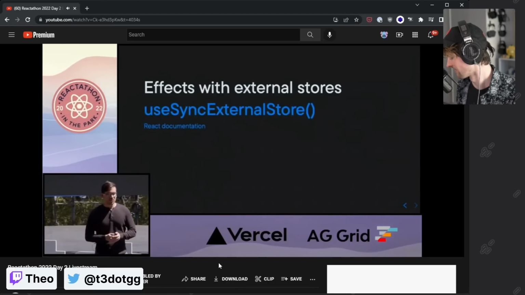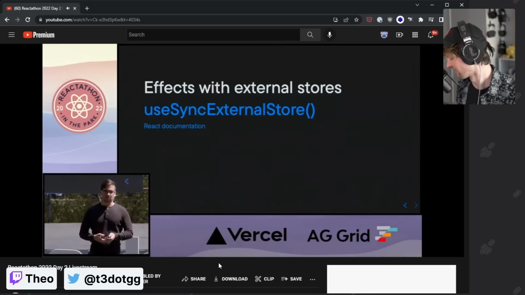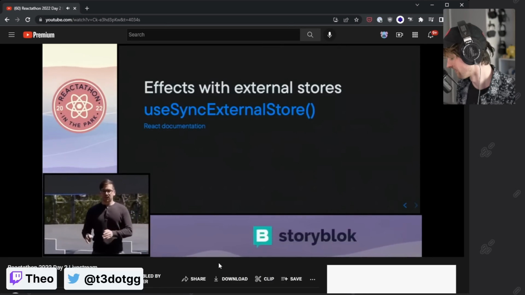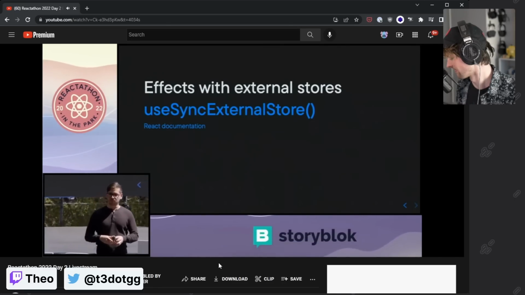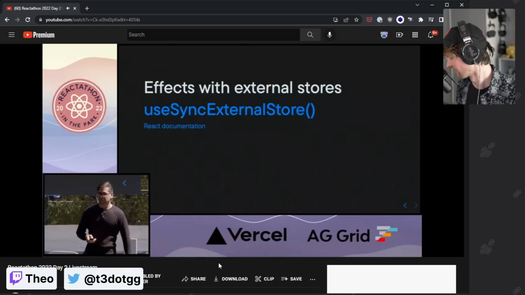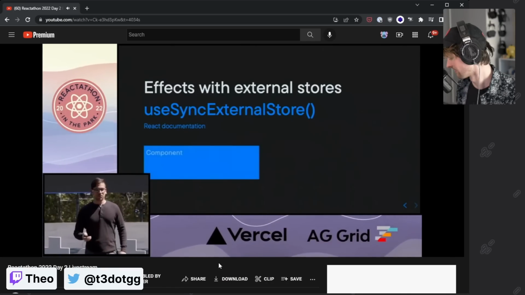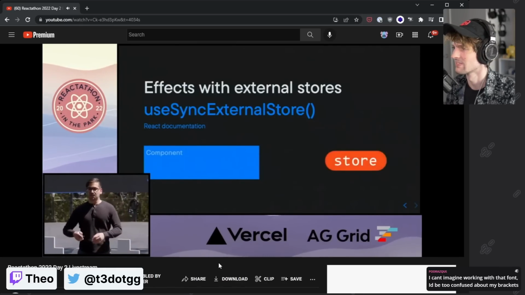So a better way to manage this, at least in my opinion, is to use external stores. And so I don't really recommend, I love this hook, by the way, useSyncExternalStore, but I don't recommend you use it directly. So useSyncExternalStore is really cool because you have a component, and this component can communicate with